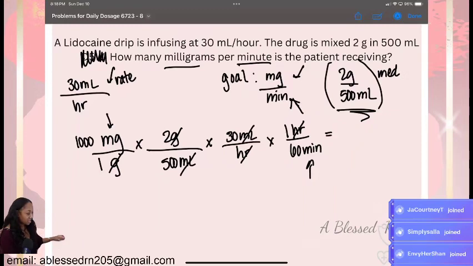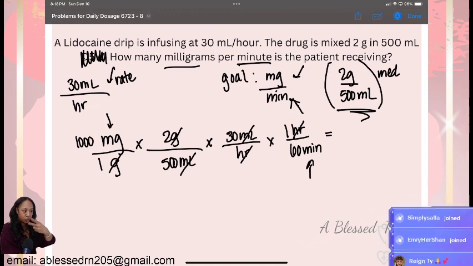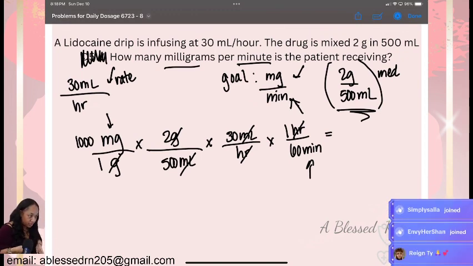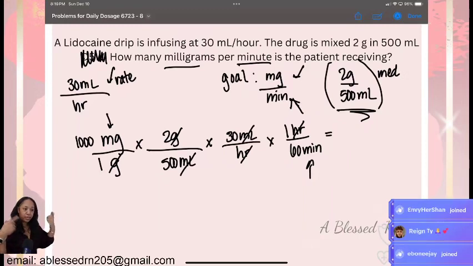So when you put this in the calculator, we are going to input all of the numbers on the top. So multiply them. So 1,000 times 2 times 30 times 1. Then hit divide. And then everything on the bottom, you hit divide afterwards. So 1, divide 500, divide 1, divide 60, equals, and then you got 2. So that's how you do the calculator trick without having to write down the values and worry about not putting them back in the calculator and getting the wrong answer.